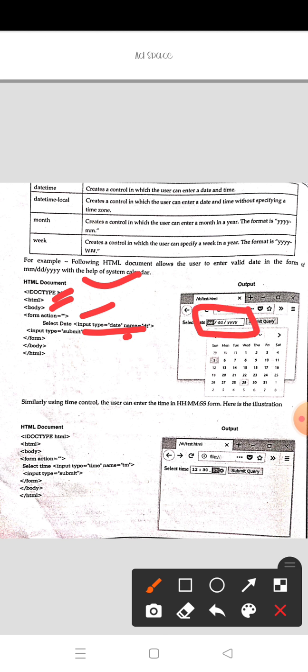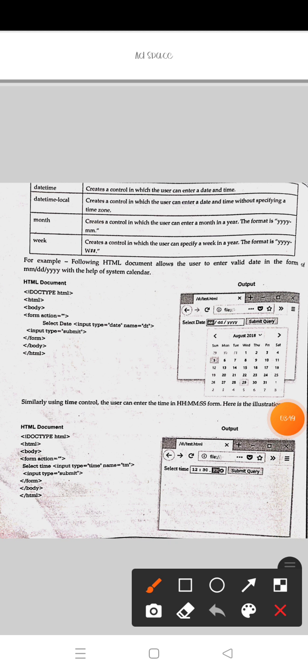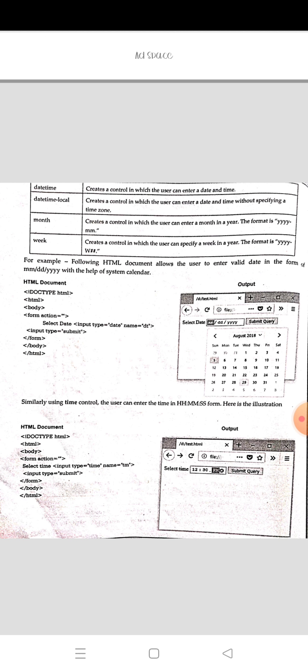If you click on that, the calendar is displayed, from which we have to select the date, month, and year, then submit. Here the submit button is there. If you click on submit, it will go to the referred URL, what you gave in the action, and that query is submitted.